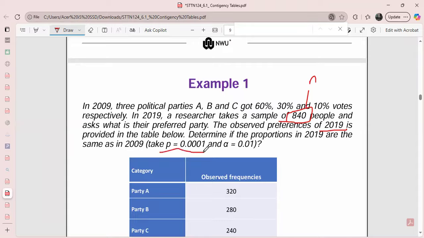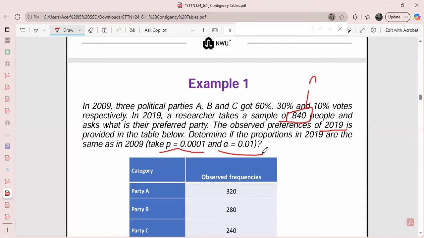You remember what I said, right? You will be given the probability. So before I look at step 1, step 2, step 3, already I can make a conclusion by just looking at the probability and the level of significance, without calculating the test statistic. Why? Because I can use the p-value and the level of significance to make a conclusion. Remember, from the previous chapters, we said that if the p-value is less than the level of significance, we reject the null hypothesis at a certain level of significance. But if the p-value is greater than the level of significance, we fail to reject the null hypothesis at a